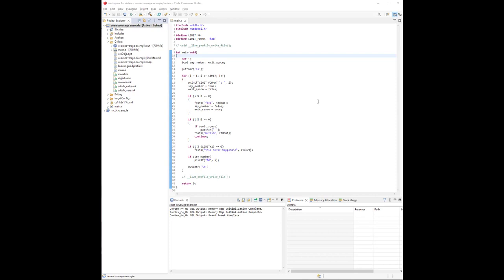The demonstration opens with CCS on the code coverage example project. It's on the collect build configuration. I want you to notice that the function LLVM profile write file is commented out. It's not being called.